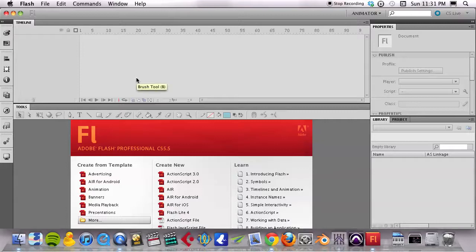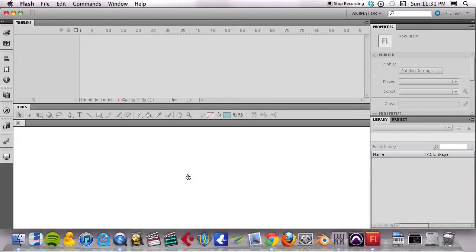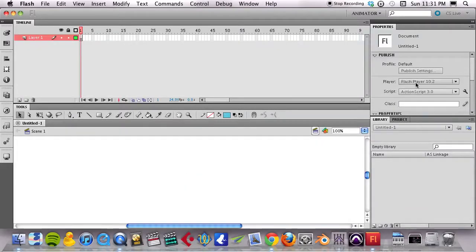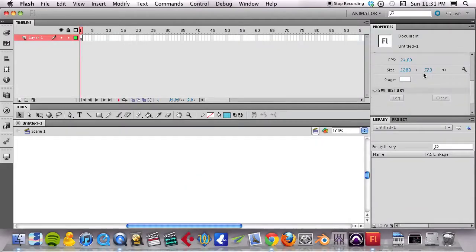In this tutorial, we're going to learn how to create an Android application using Actionscript, and we're actually going to get into the Actionscript language. So begin by starting a Flash document, an Actionscript 3 document. And because we're doing this for an Android phone, you're going to choose an appropriate size. We're going to go 400 by